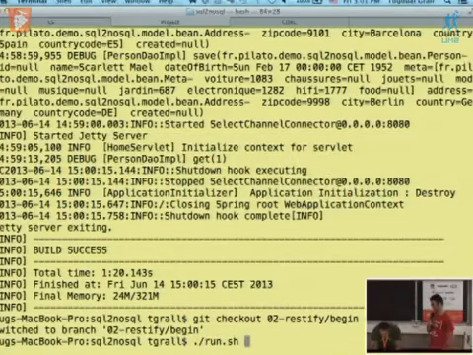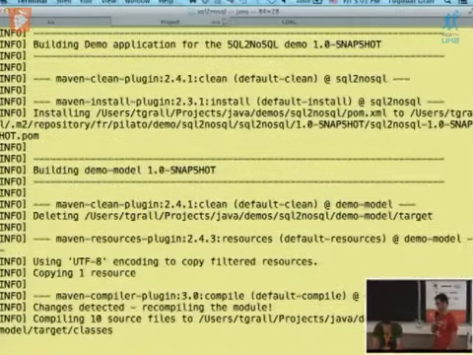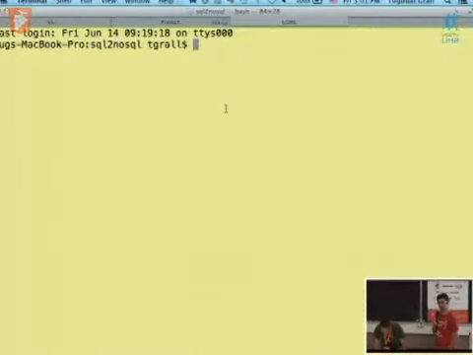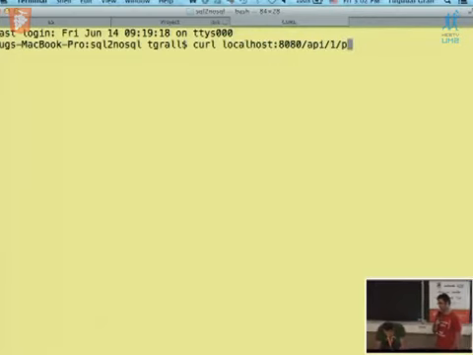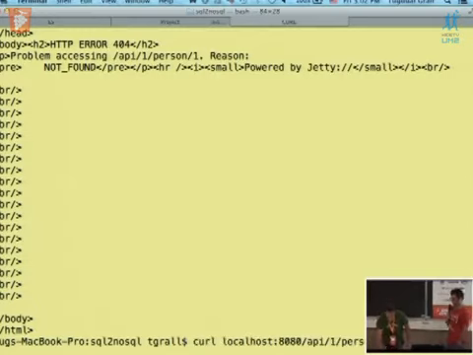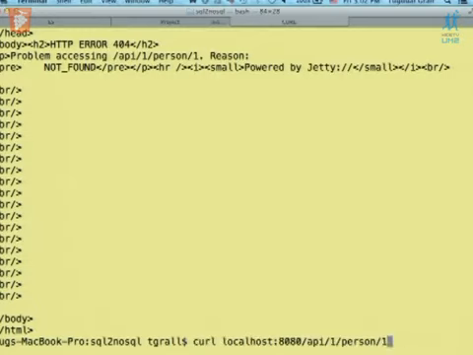First of all, I will show you that it doesn't work because it's not yet implemented. So I'm running the project again, and what I want to issue is a curl request. Can you explain what curl is? So curl, you probably know it. It's just a way to send HTTP requests from the command line. So we simulate a call to the HTTP and REST layer. I'm trying to get a person here. This is the request I made. It's not yet implemented, so I have a 404 error.